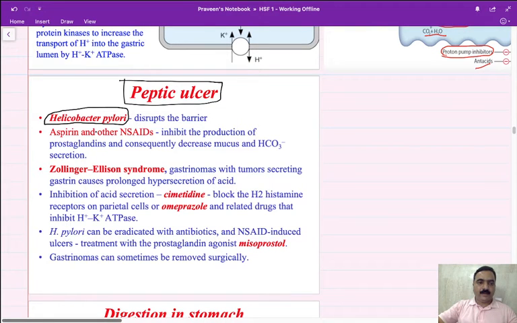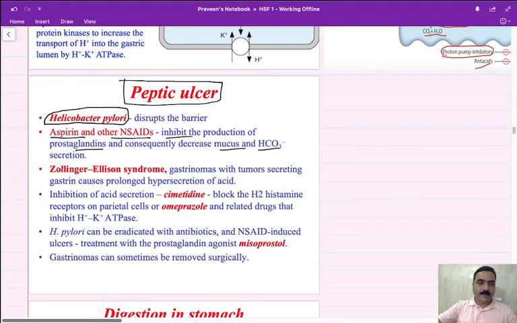So that is the reason why the H. pylori causes that. And the other reason is aspirin and other NSAIDs or cortisol, an increased steroid hormone. So what will happen? It will inhibit the production of prostaglandins, which is required for the increased production of mucus and bicarbonate. So you don't have the mucus and bicarbonate, so what will happen? The acids can cause corrosion, and there is no inhibition of the acids because prostaglandin is important for inhibiting the